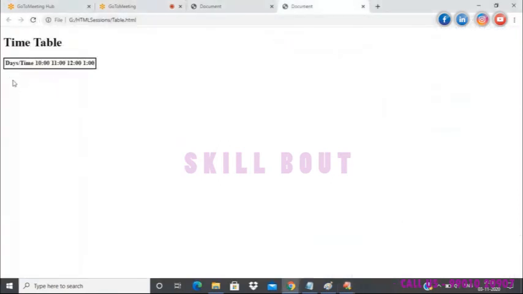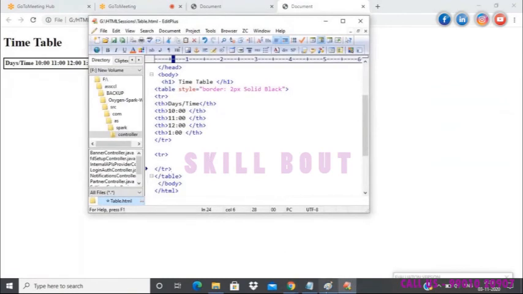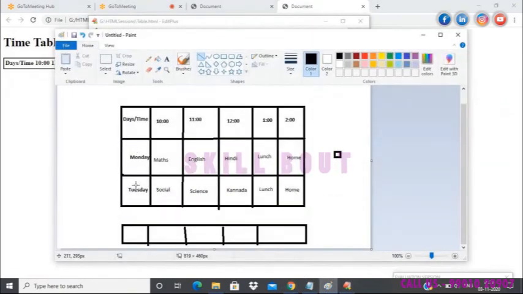Since I don't have any content, you are not able to see it. But by looking at this, what I have here is the second row, first column. So this is the second row and this is the first column. So we are actually considering the first column also to be an important column.